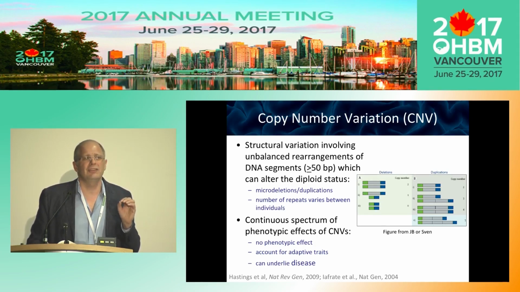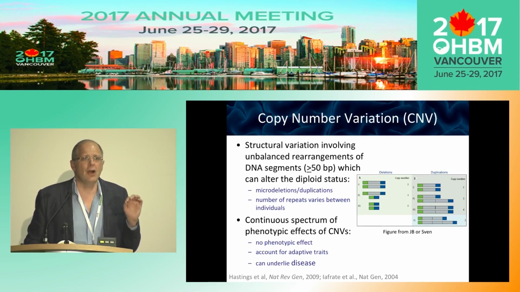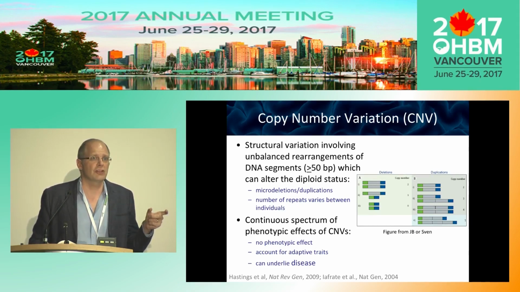We've really only been studying CNVs very carefully for about the last 12 years or so, and so the definitions change a little bit. What they usually change in is how big the CNV has to be before we can start to look for it, right? In older days, when we had sparser arrays, CNVs had to be larger for us to track them down. Here, based on a recent paper from Hastings,